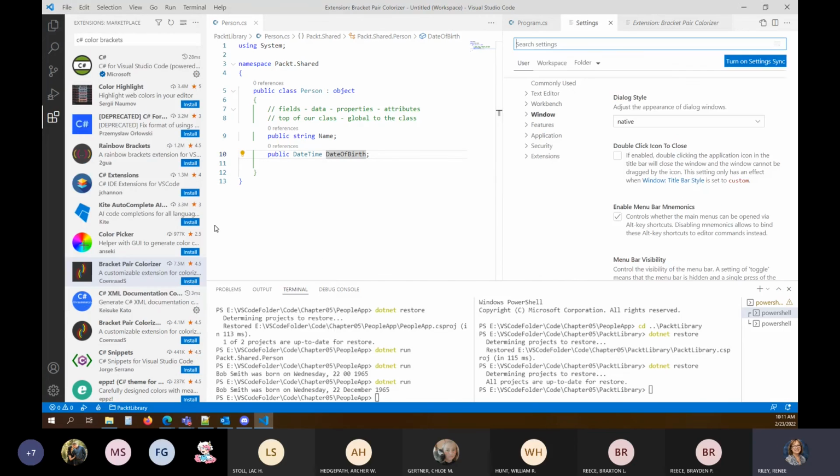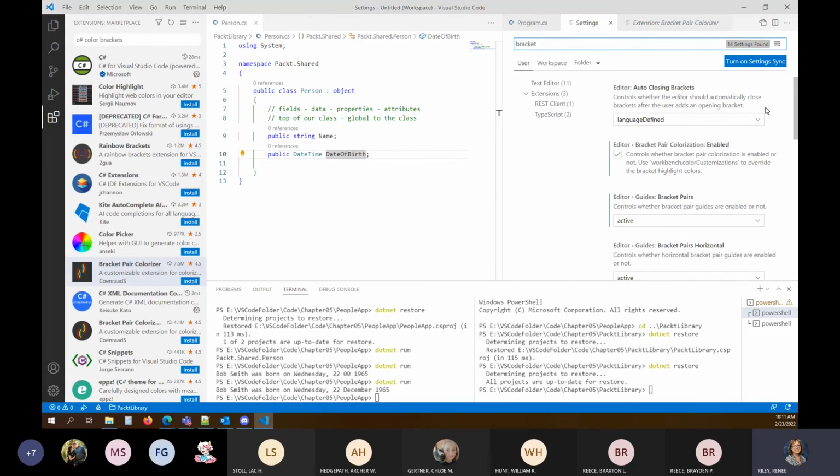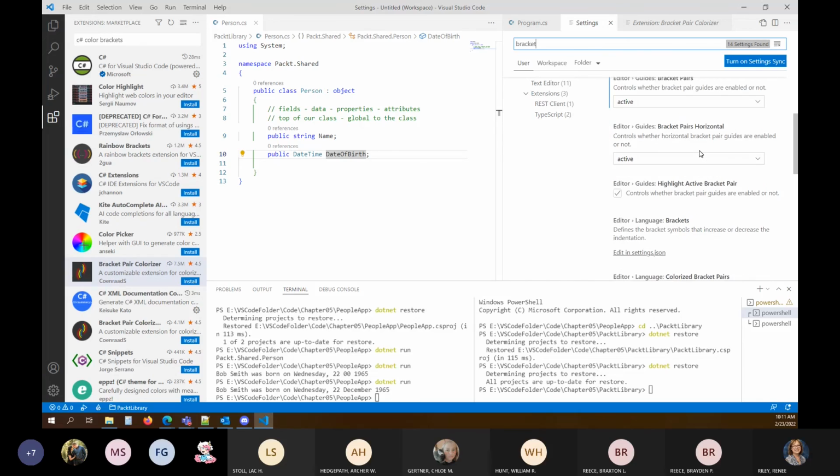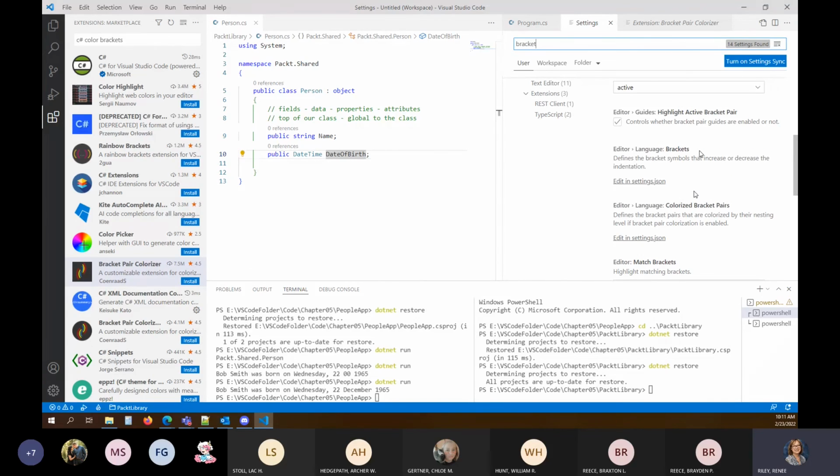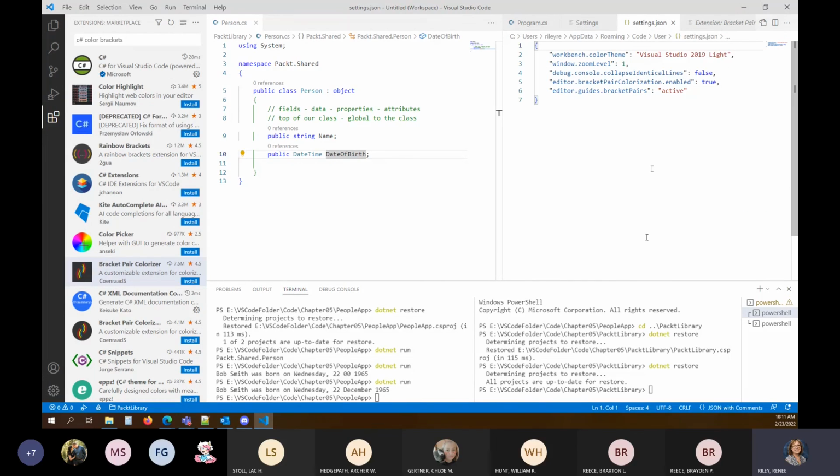In your settings, if you can search, we're looking for bracket pair colorizer. And if you find that setting, here it is, I searched for bracket, and in the editor it says, here's the colorized bracket pairs, edit in settings.json, and then we can change our colorization.